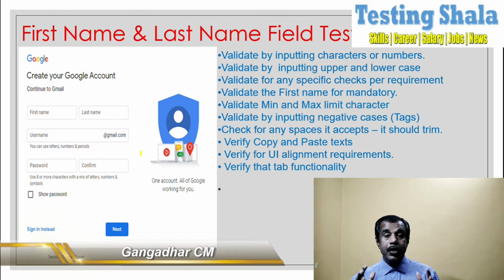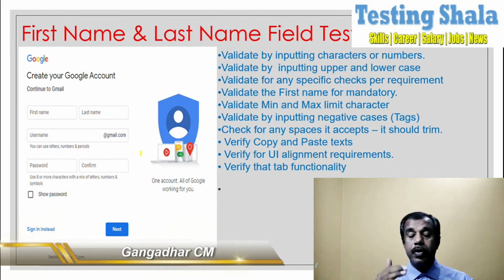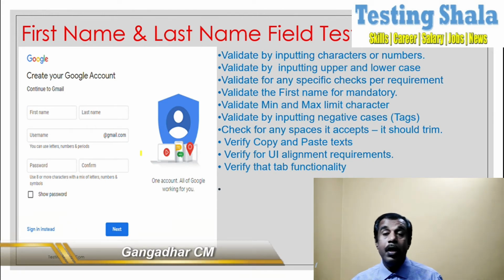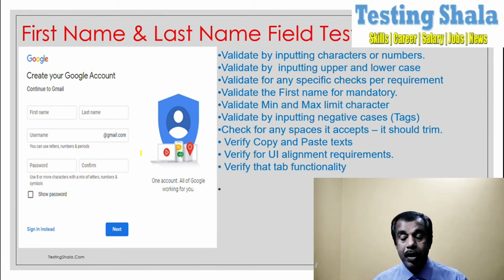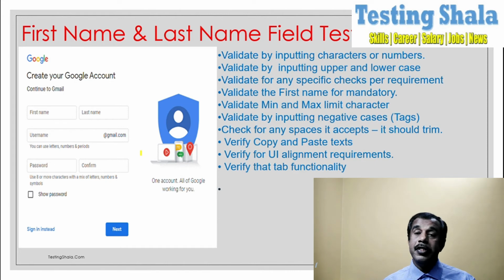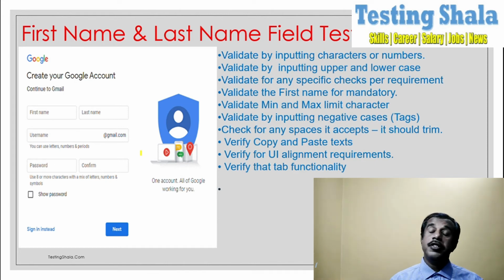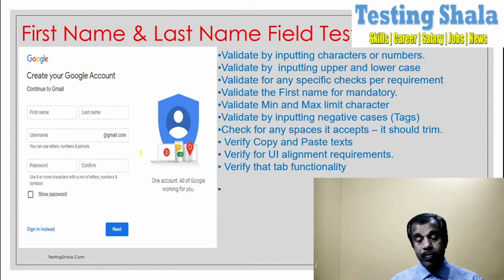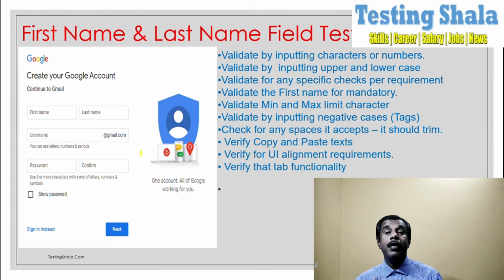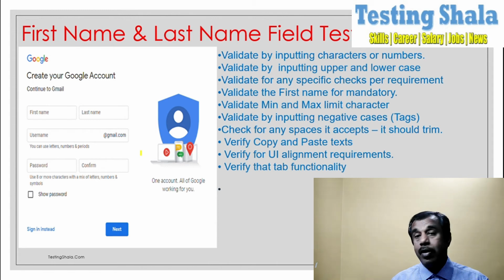So till now, at least you are able to understand what different kinds of test cases you should write for first name and last name. Maybe think through yourself. You can also come up with a lot of new test cases. Maybe validate against all the testing techniques. It could be boundary value analysis, or equivalence partitioning, or many other testing techniques. You can adapt them for every validation. If you adapt different combinations, definitely we can get a lot of test cases.